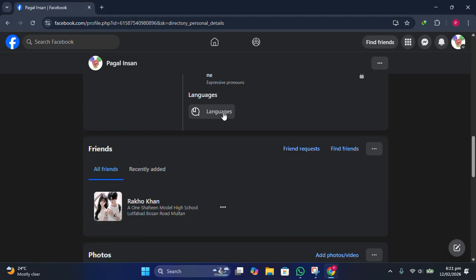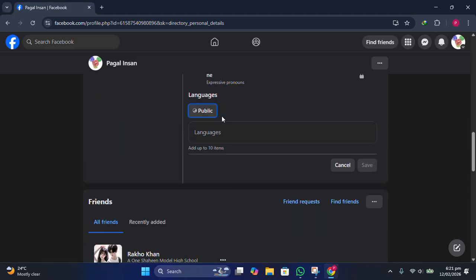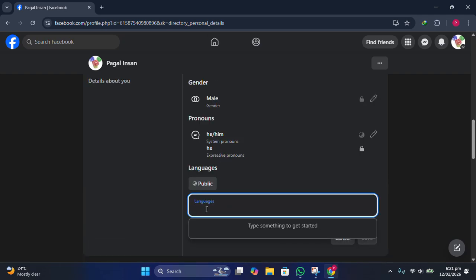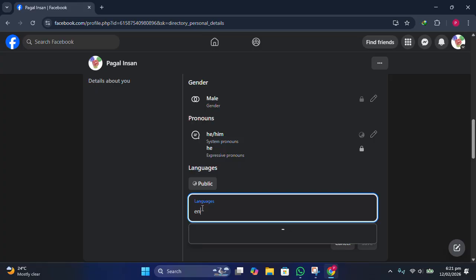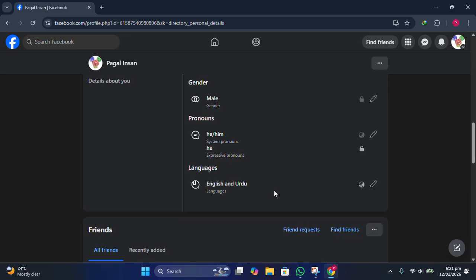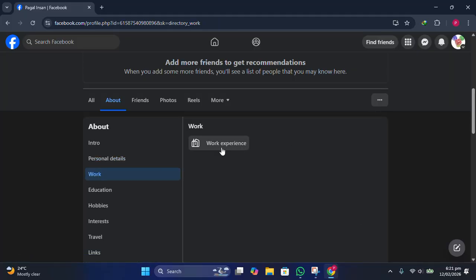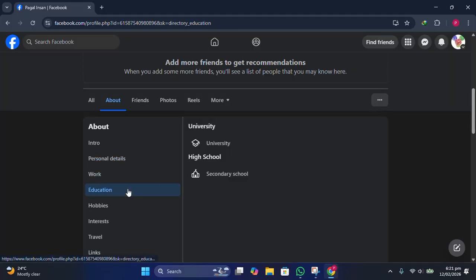Now here, just scroll down and you can also add your languages. So you can add up to 10 languages here. Just click on here, or very first, let's say I'm going to add English. Then you can also add any other language if you know or if you can speak. So once you have added, just click on save and your languages will be saved. Now just go to the next section, which is work. Click on it. And here you can enter your work experience,